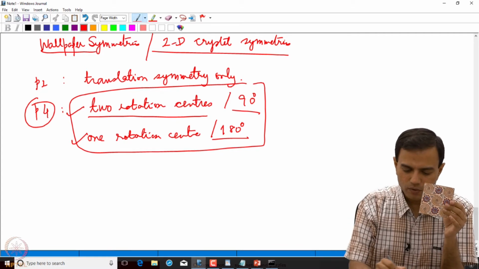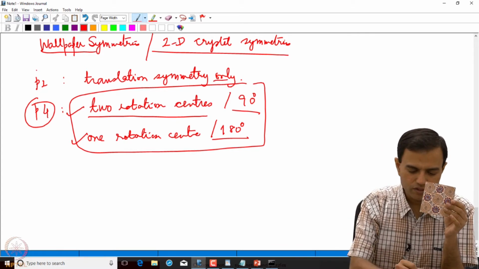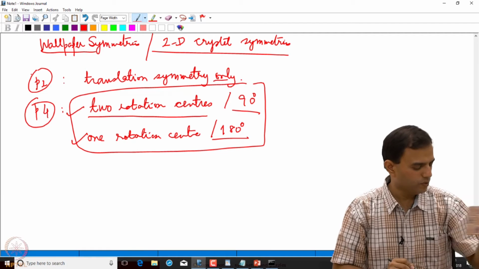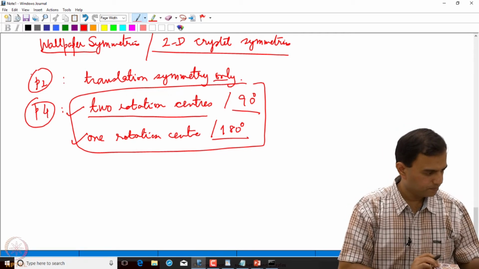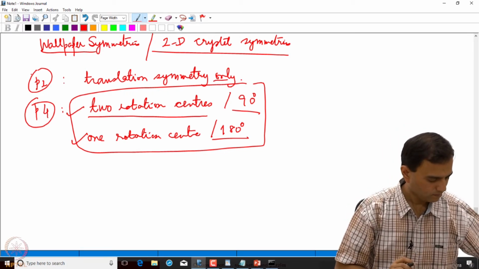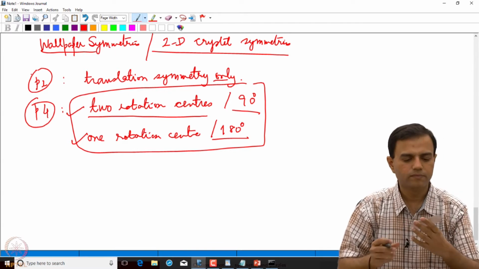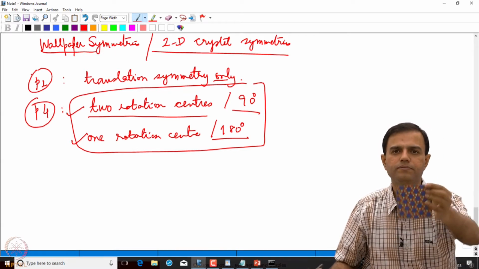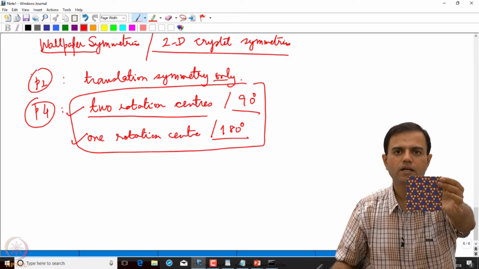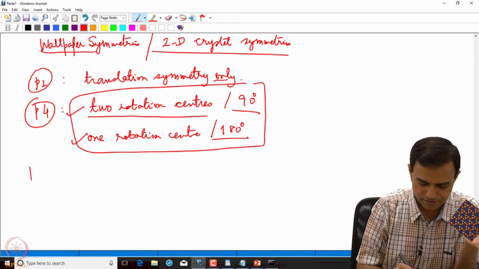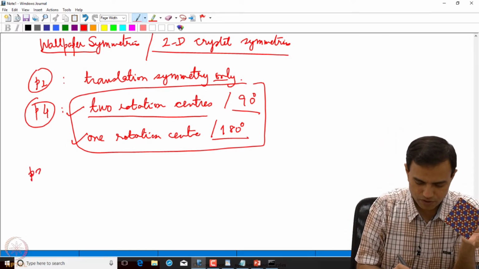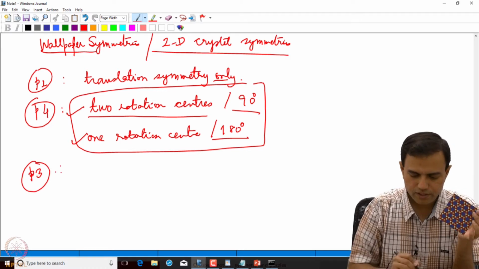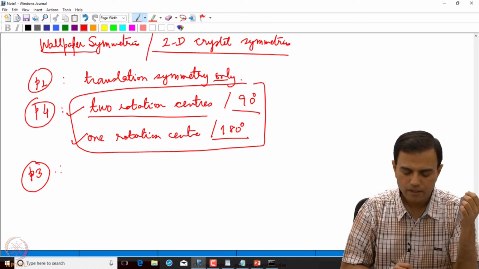The one with only translational symmetry is called P1. Let me show you a few more. This one. So this is an example of what is called P3 wallpaper symmetry, and